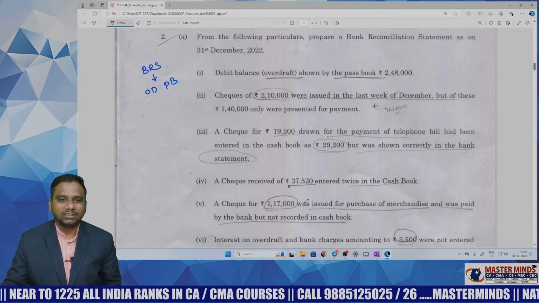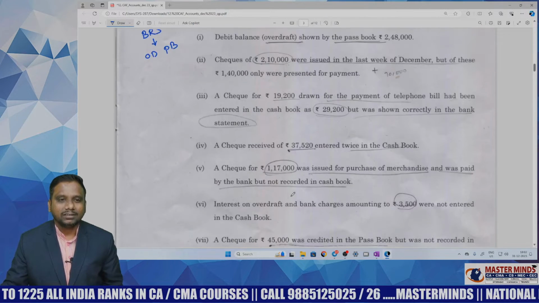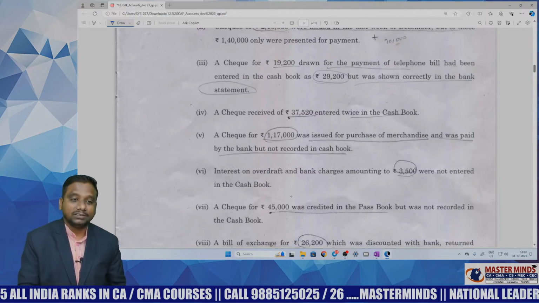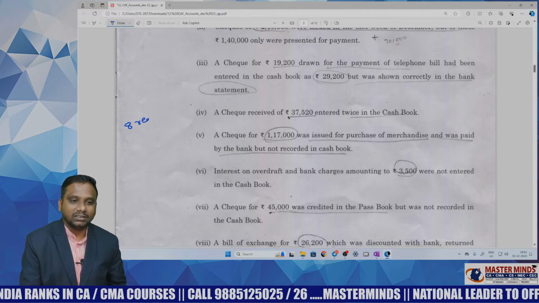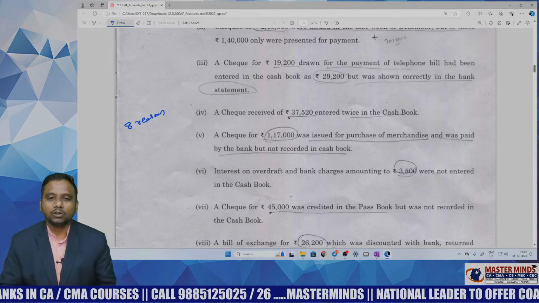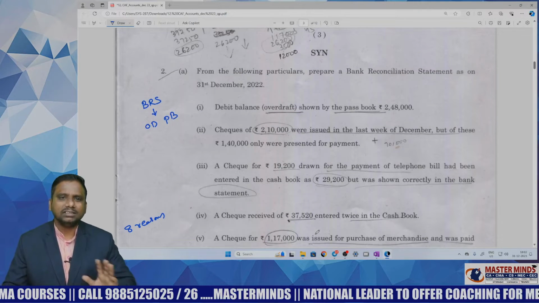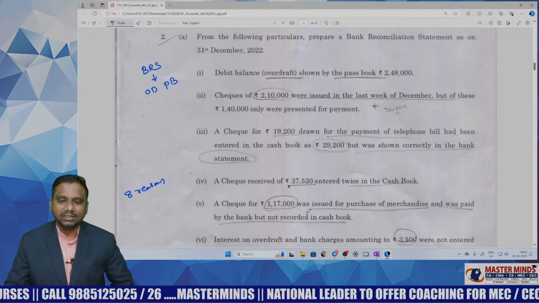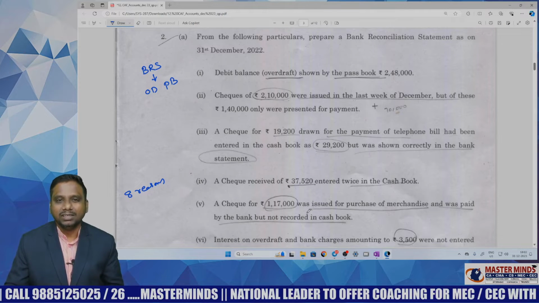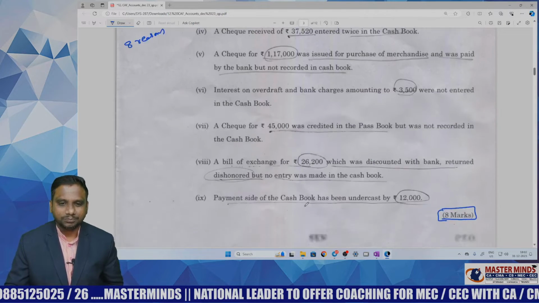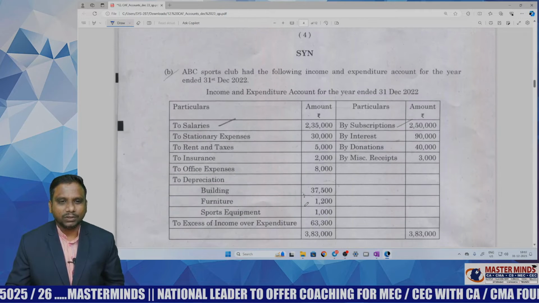Total how many causes do we have? Total 9, out of which remove 1, so 8 reasons or 8 causes. Yes or no, students? Out of this, as per my knowledge, everything is easy. But anyway, some students may feel it is difficult. Yes. Next one,